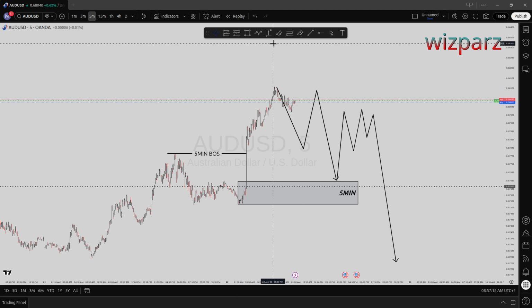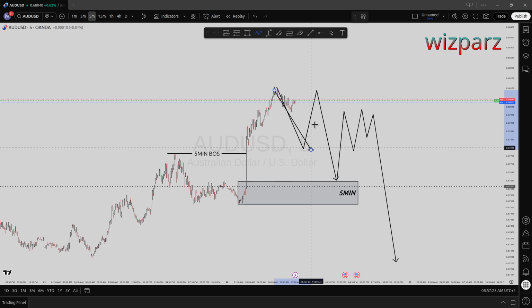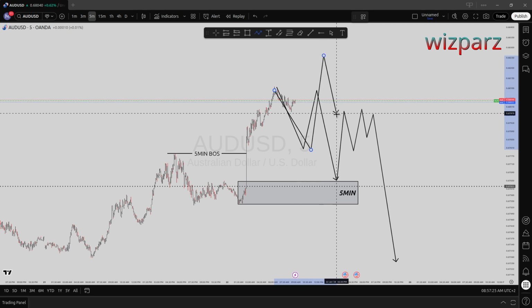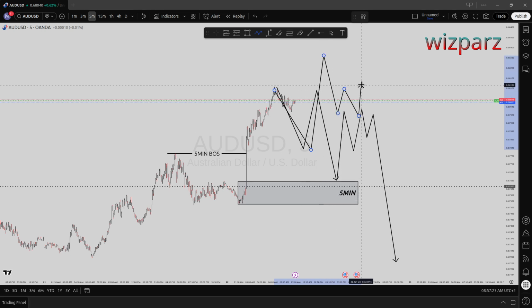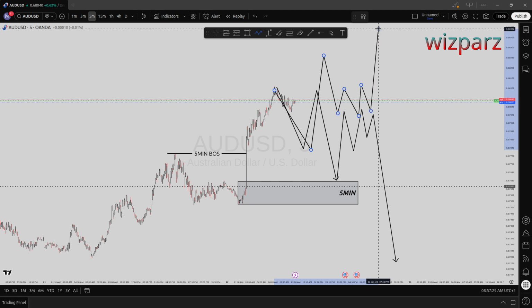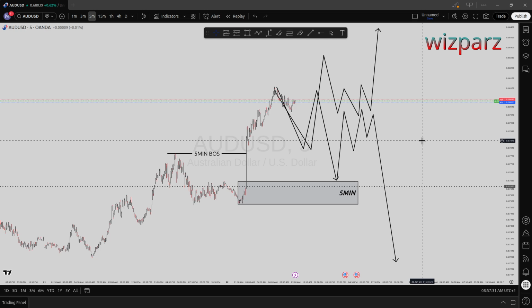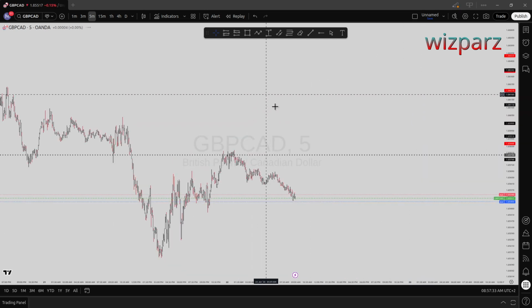But if we see price make a continuation, I'm going to look for long entry here, waiting for confirmation on 1 minute, then continue trading 5 minute continuation. And GCAD,